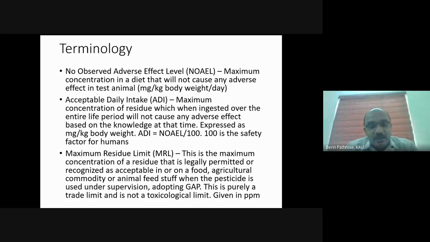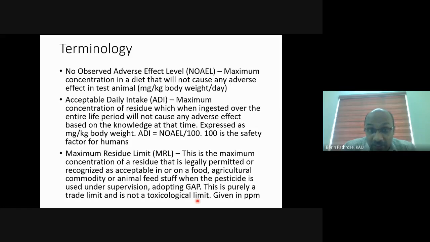So Abhishek has told us earlier that 1 milligram per kg body weight per day is safe for rabbits. So what he will do is divide it by 100. That will be 0.01, and he will say that 0.01 milligram per kg body weight per day, if human beings consume it, will not cause any adverse effect to human beings because I applied the mammalian safety factor to it. And that value, NOAEL divided by the mammalian safety factor, that is 100, is called the